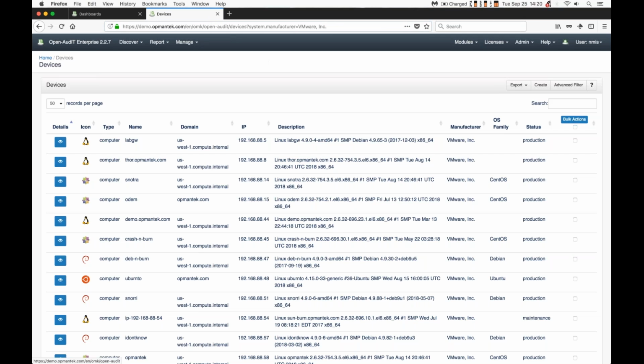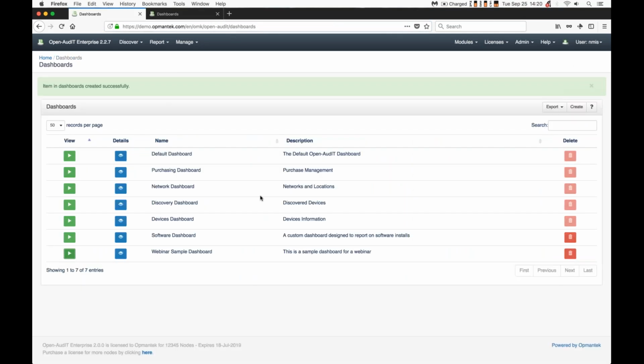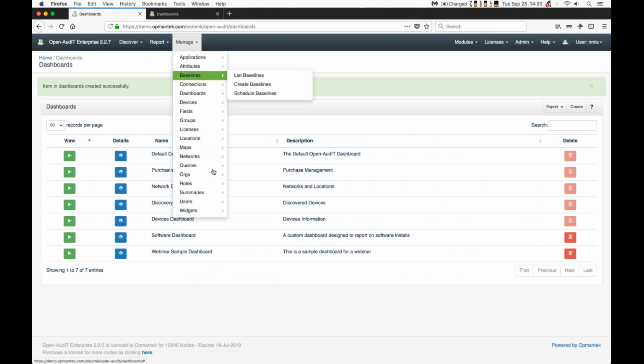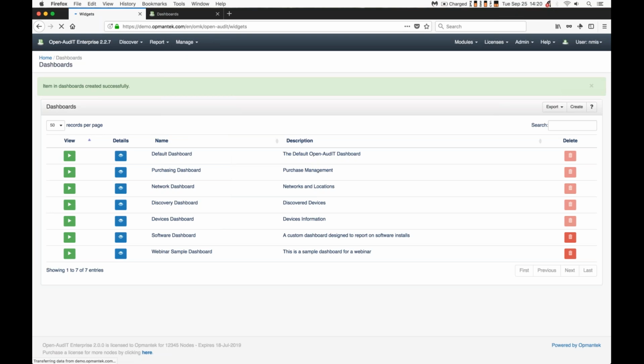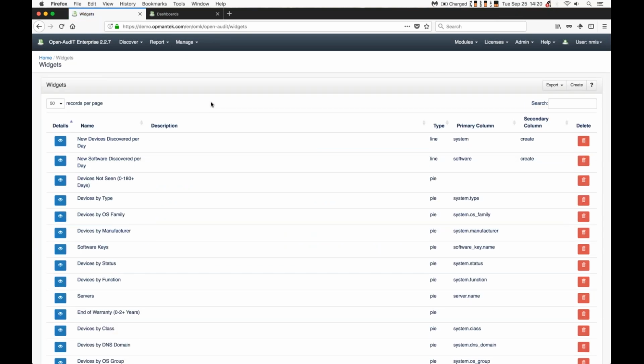All right, so let's take a look. Let's see what widgets look like. I'm just going to go back over to where we were working on these dashboards originally. I'm going to use the same tab. I'm going to go Manage, Widgets, List Widgets. Now this will give me a list of all the widgets that are installed on this Open-AudIT server. Just like dashboards,